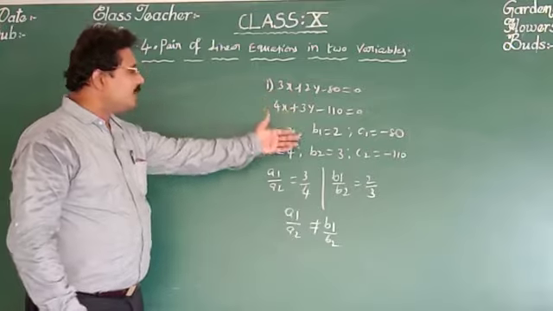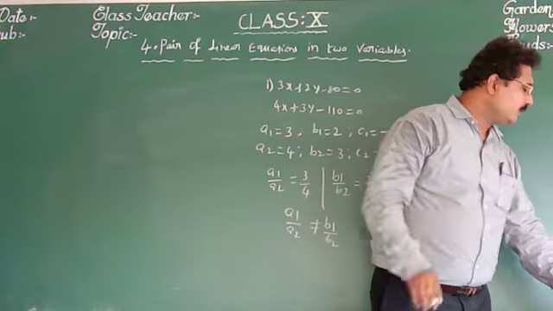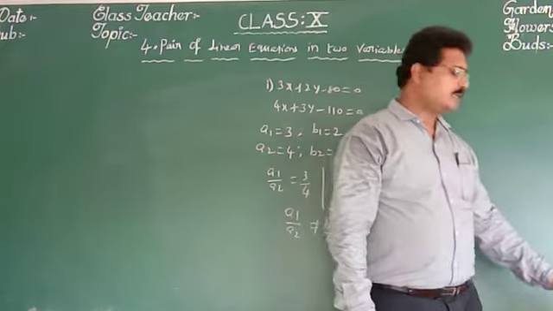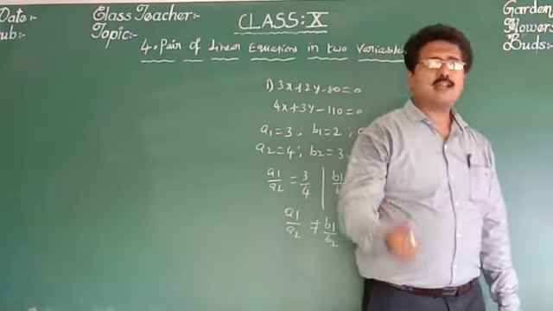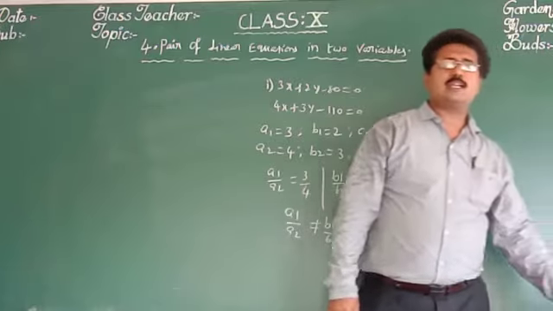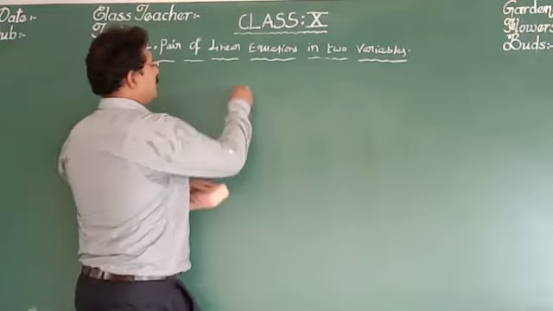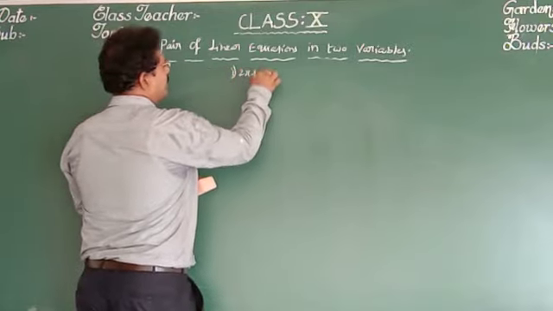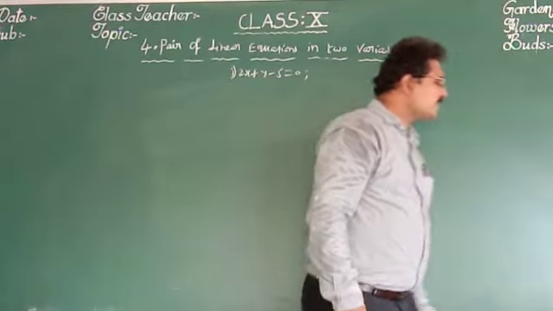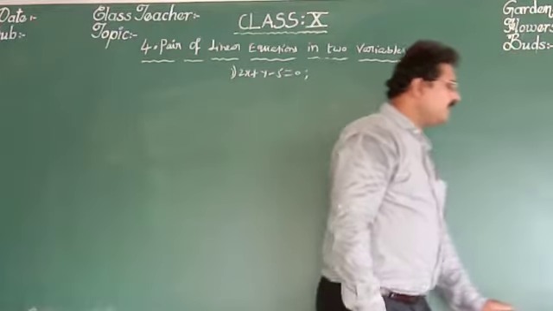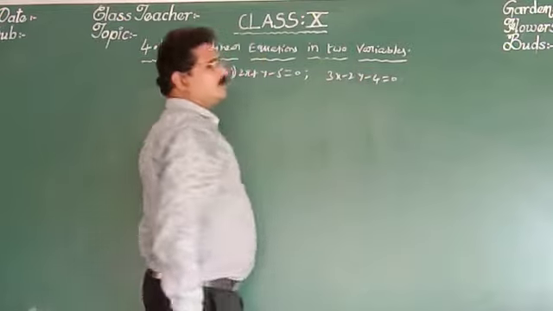So let us look at that in page number 32, where the table is there that you do. Now let us write that example problem. Check whether the given pair of equations are representing intersecting, parallel or coincident lines. Now let us check one problem. Problem 1: 2x + y - 5 = 0, and then next 3x - 2y - 4 = 0.